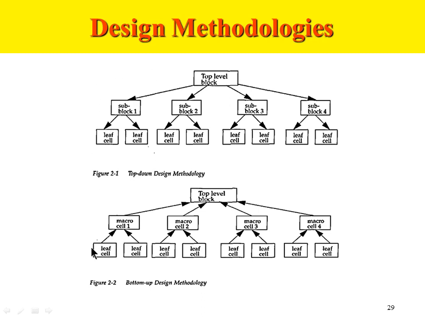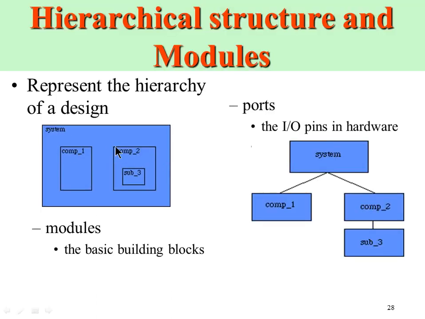Or we first develop all the bottom level blocks in the bottom up design methodology, then the modules one level above, and finally we do the top level integration. It depends on the team that you are working with. Somebody like a system architect decides how we go about it and what our design specification is. But this is basically how you develop